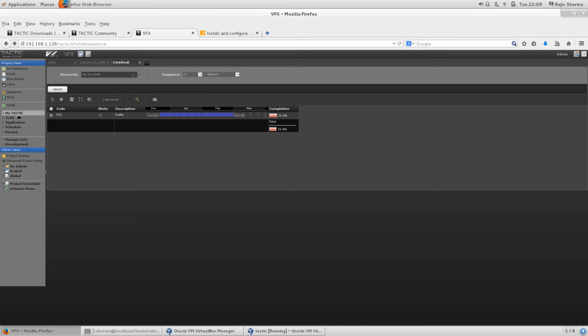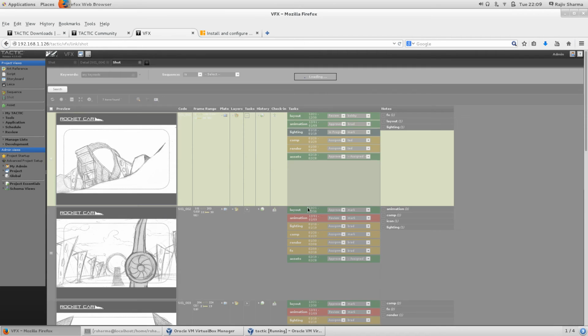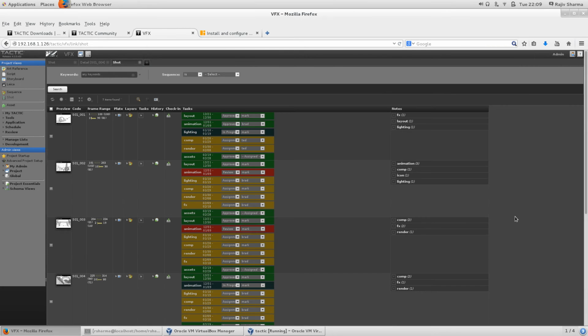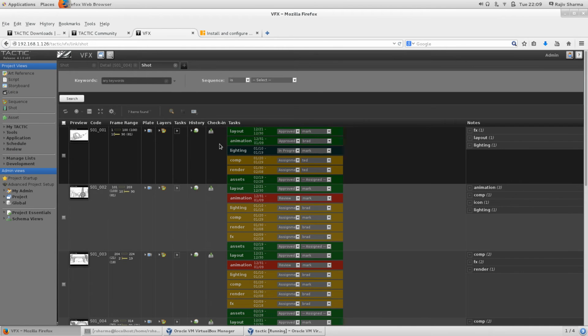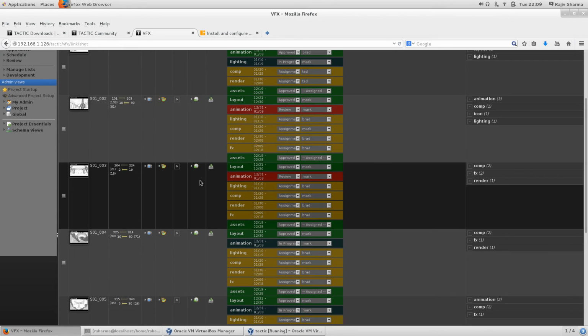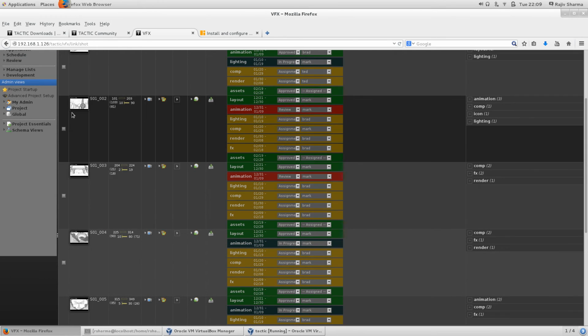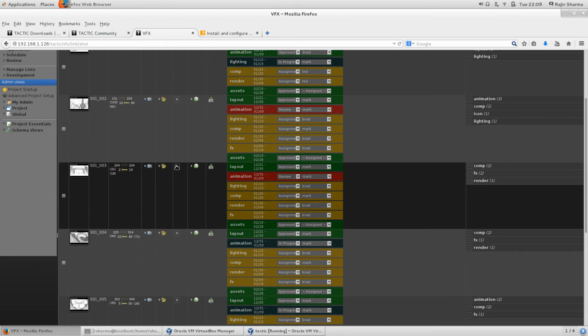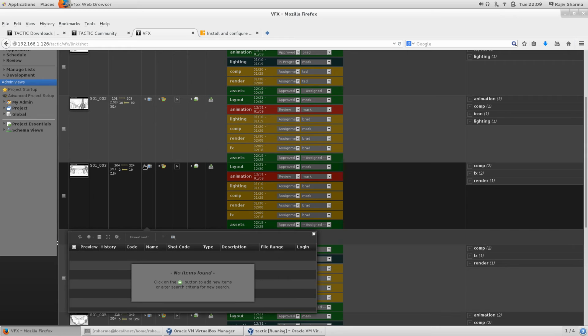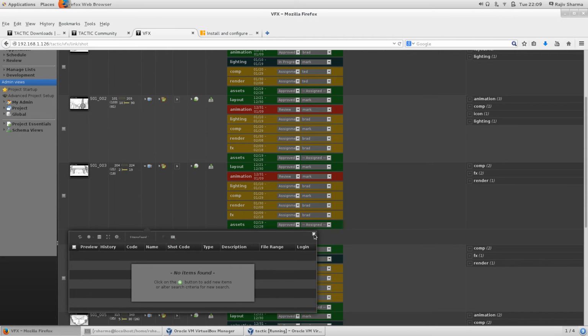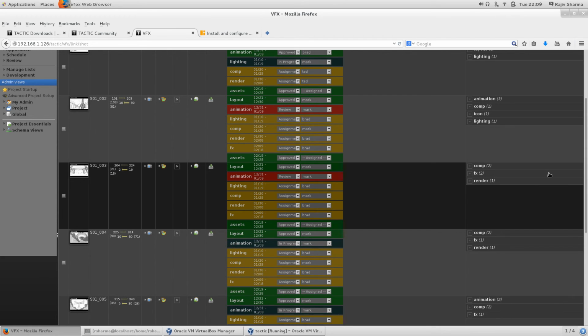Okay, so when it comes into your practice and when you get used to all this stuff, then you won't need to worry about all this complex stuff. So for artists it's very helpful. Most of the time artists require to know what work they should do and what the note is for their shot. So here you can see who is